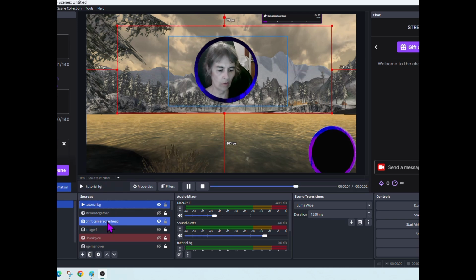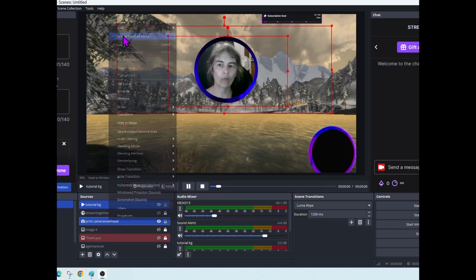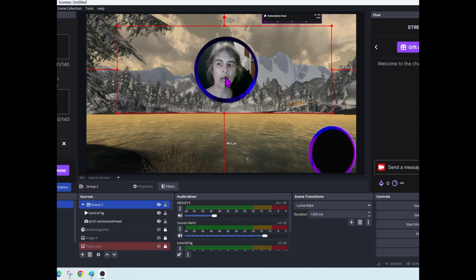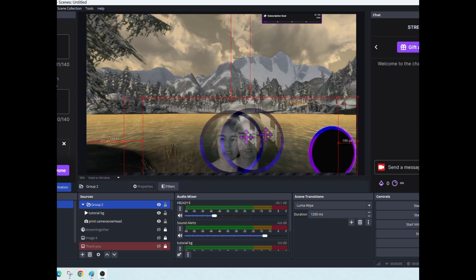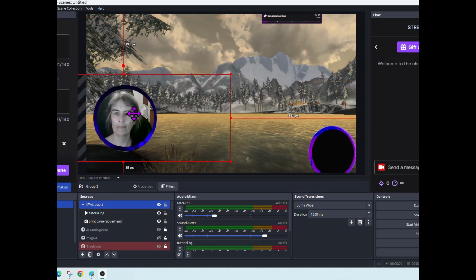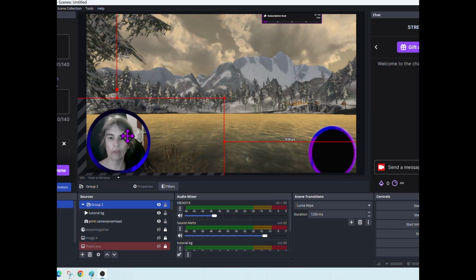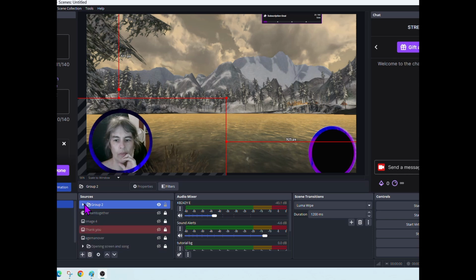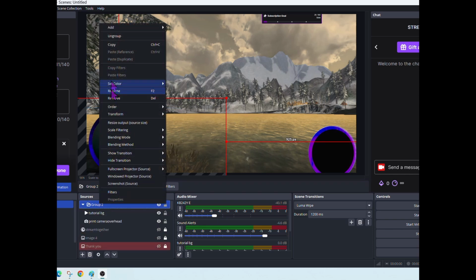Do that. Hit Control. No, not Shift. Sorry. Control. Now I've got them both selected. Right click and group selected items. Now you can move that wherever you want and not mess things up. So maybe I want it down here in the corner. Okay. And then I'm done. But if I don't like this background at all, then I can go back in, ungroup,